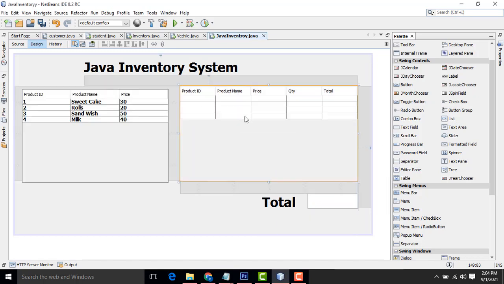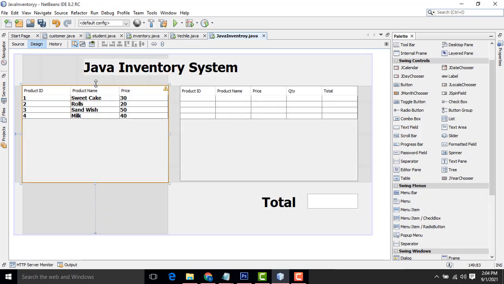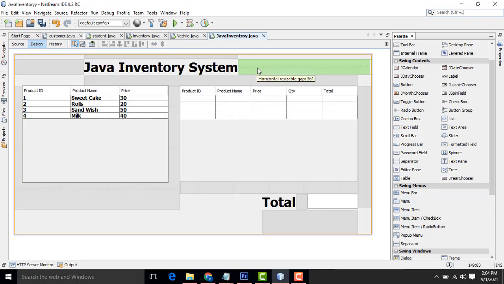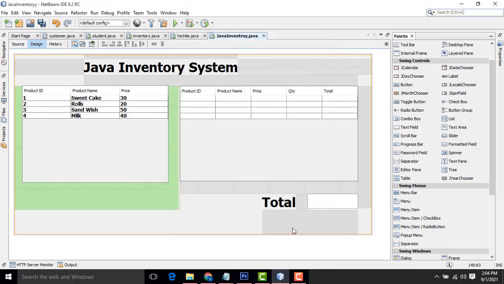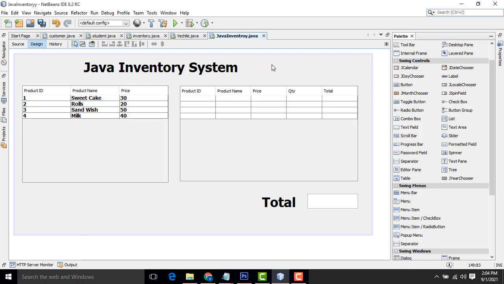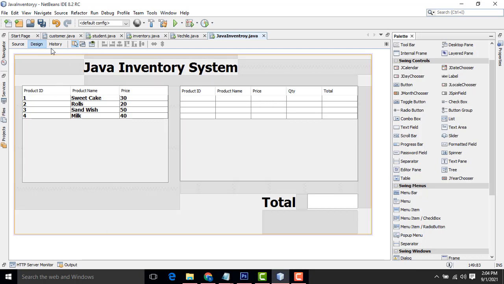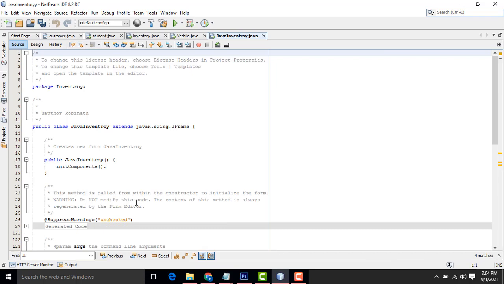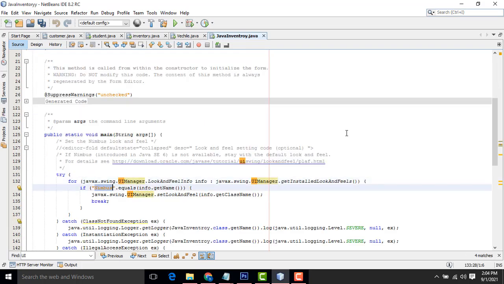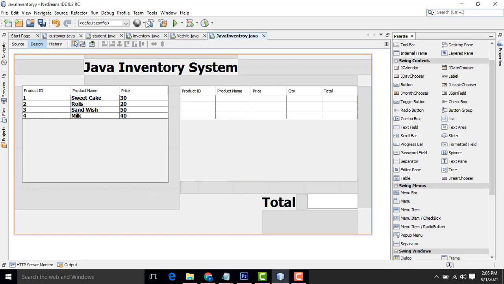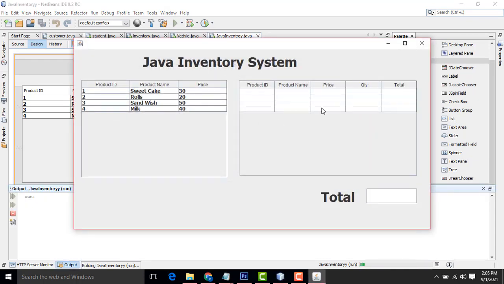We have designed the system successfully. Now we do the rest of the work. Select this one, right click, properties, code, generate center. After that we have to change the frame style. Click Source, Control plus F, and type UI in the find box. The UI default comes like this one. You have to change this method. This is the actual look and feel of Java when you run the application.